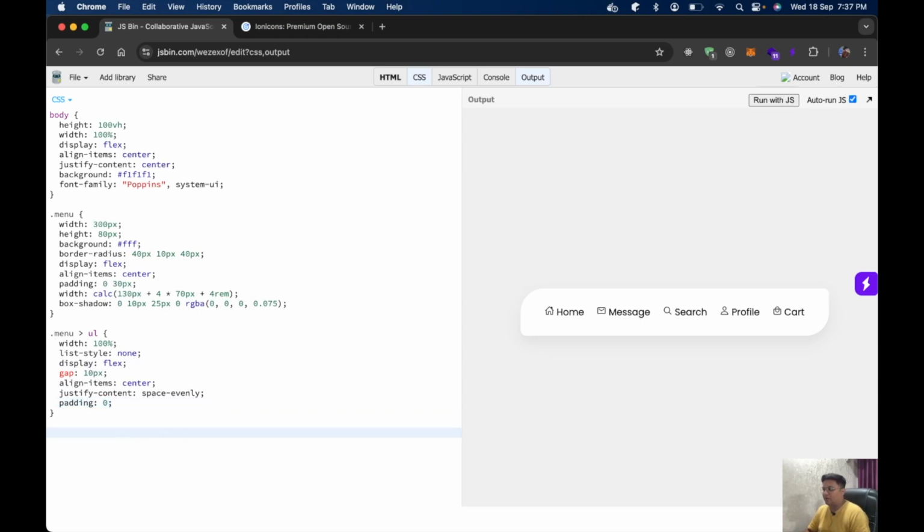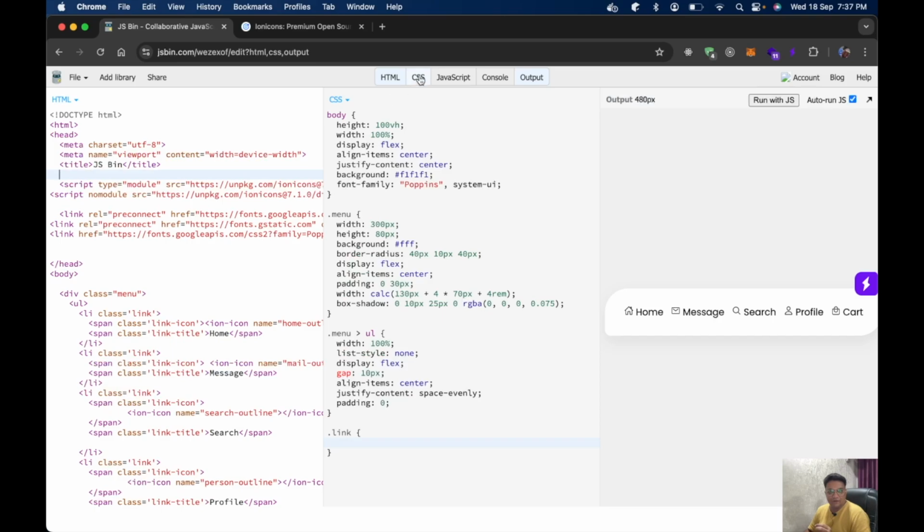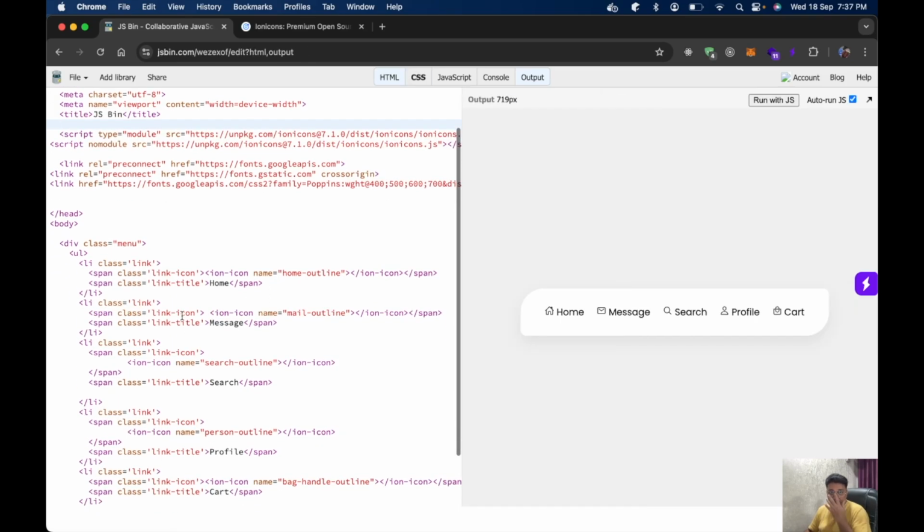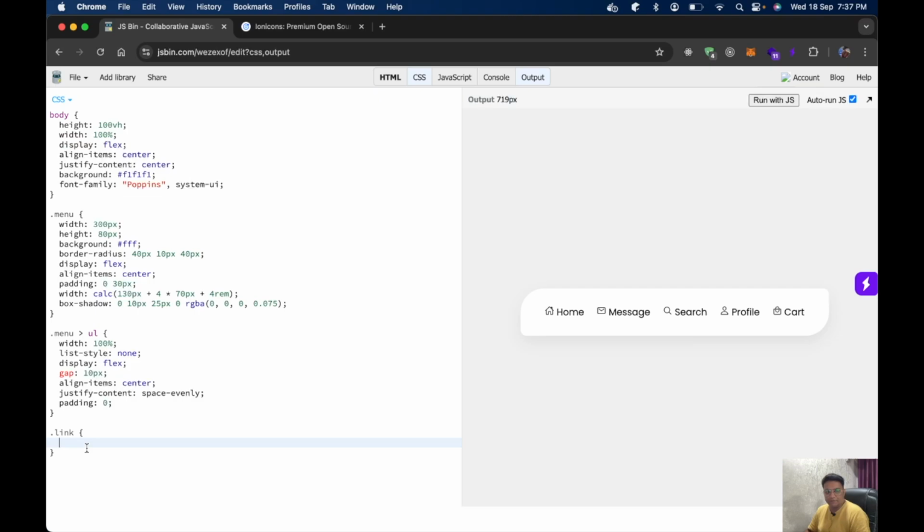Now we will add our actual CSS to make that animation possible. So that is what we're gonna do now. Okay, so we have a class of link, right? I have explained it. I showed you in the very beginning of the video. So we have link, then we have link icon, and then we have link title. Okay, so let's just start this. We have link, and inside link, first thing we're doing is